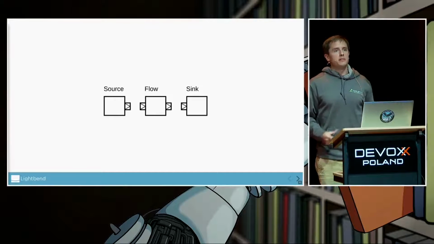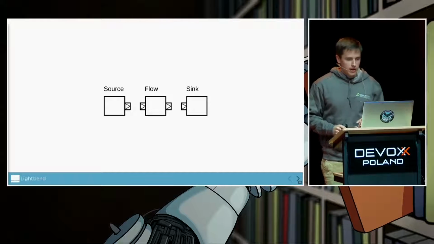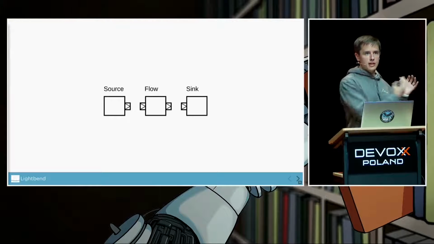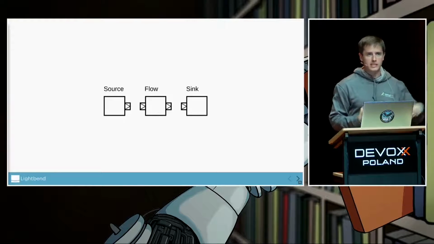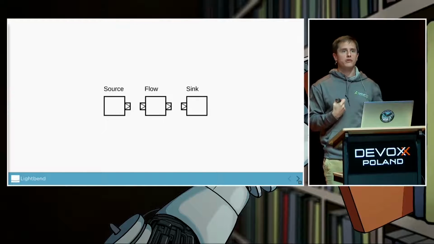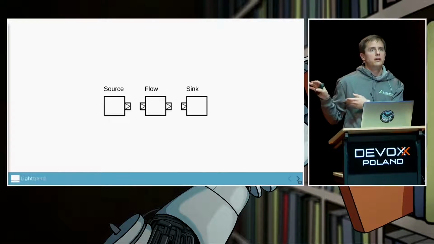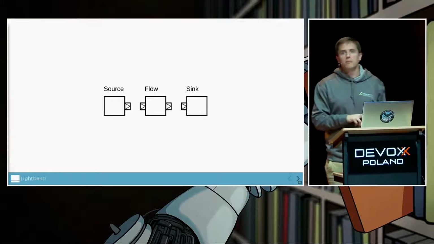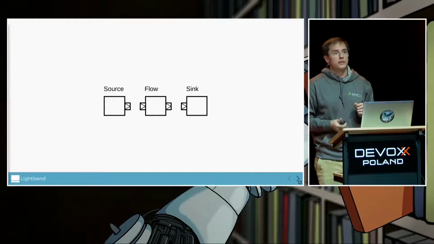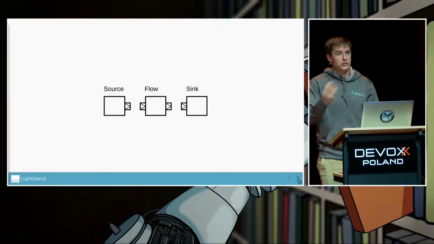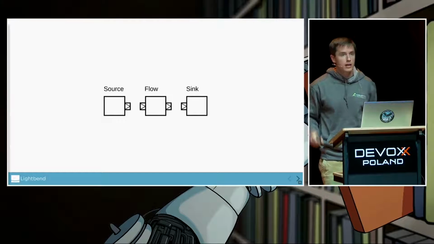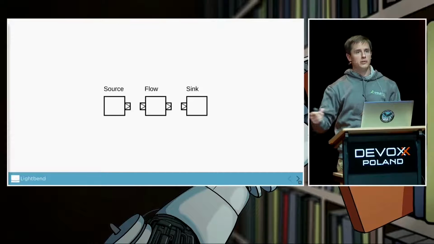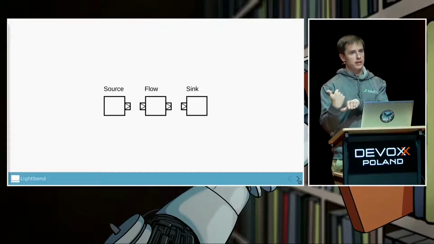To understand Akka Streams, you need to know a few bits of terminology. The first 3 are sources, flows, and sinks. Sources are where things come from: bits of data, messages, HTTP requests. Sinks are where they end up. An example of a source might be a Kafka topic. It might be a TCP connection. It might be an HTTP endpoint. It might be a database table as you're watching for rows coming into your system. Sinks are much the same thing. They could be Kafka topics, they could be database tables, but instead of getting things out, we're putting things in.